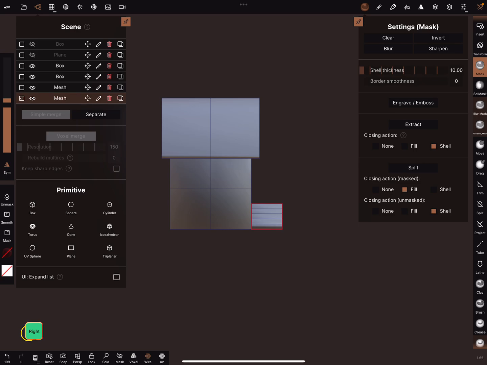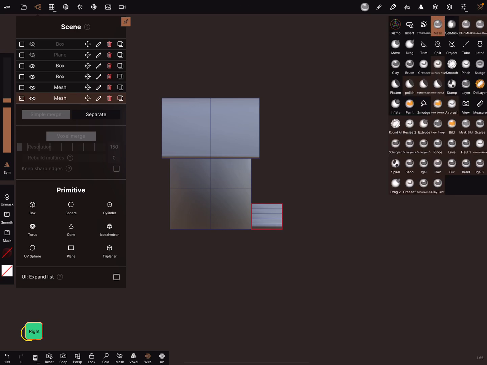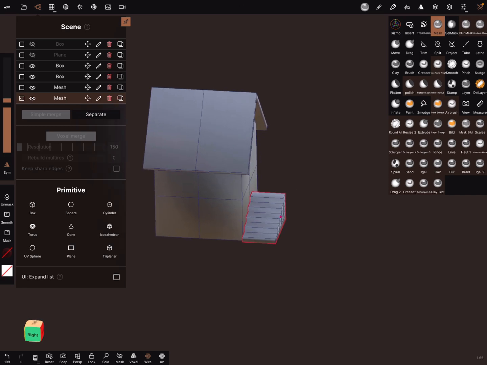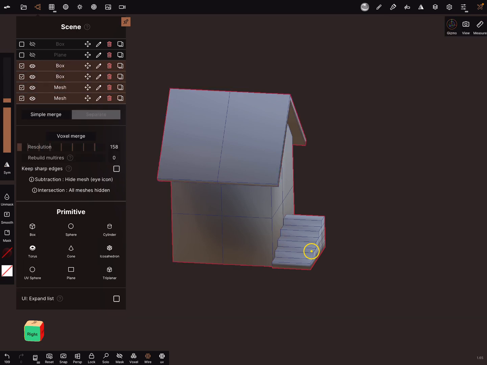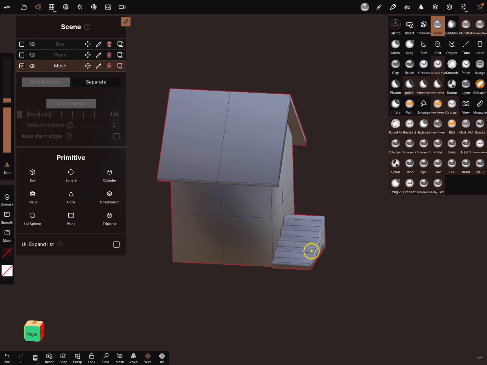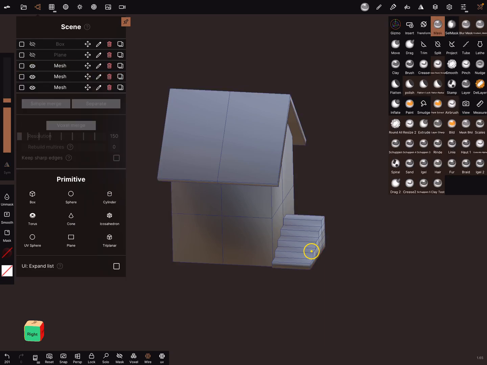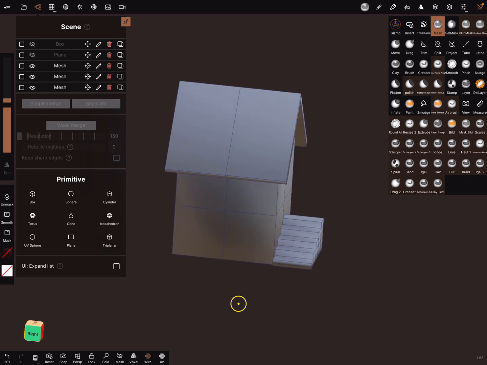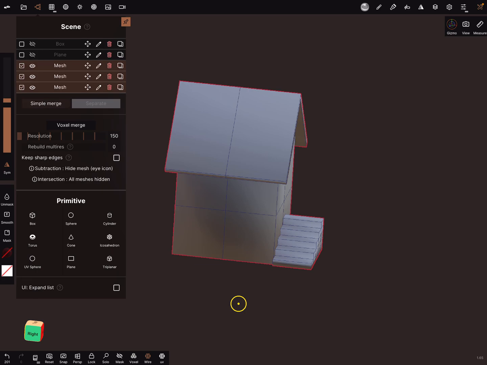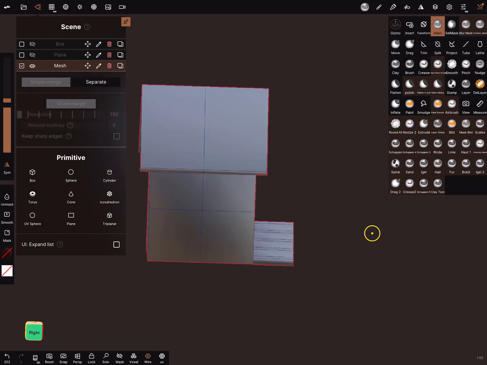The next thing is to use symmetry. You have now a few objects. When you're in low poly, it's possible to select all the objects and simple merge them. But you can also separate the meshes again, like this. Simple merge. And now